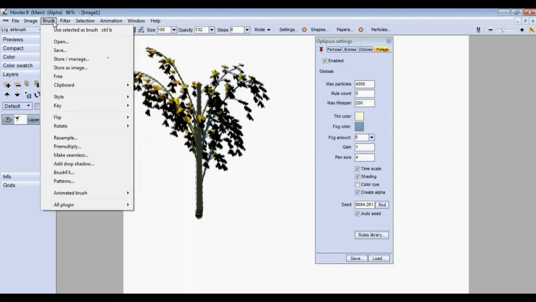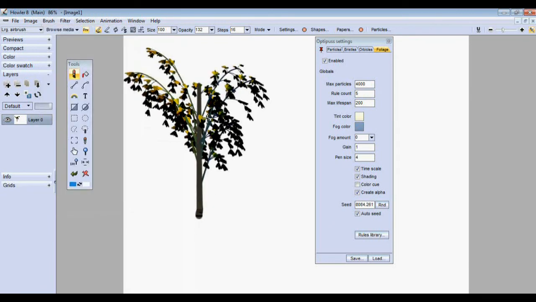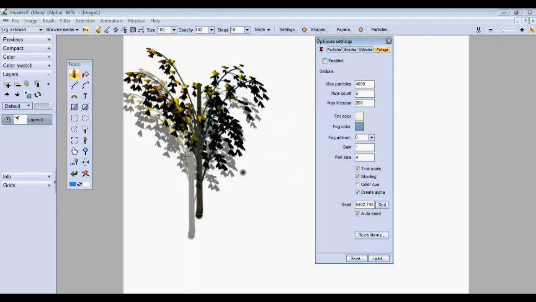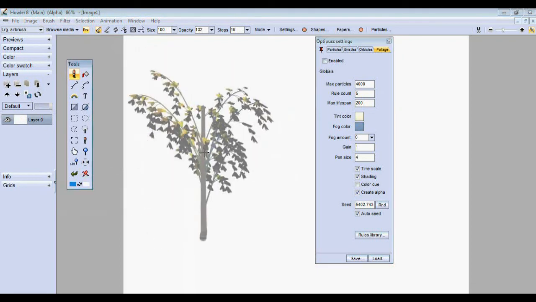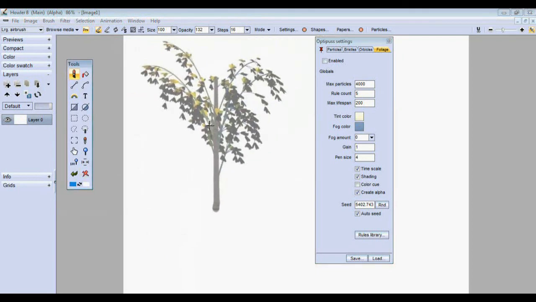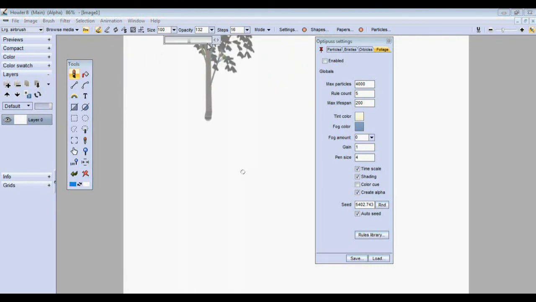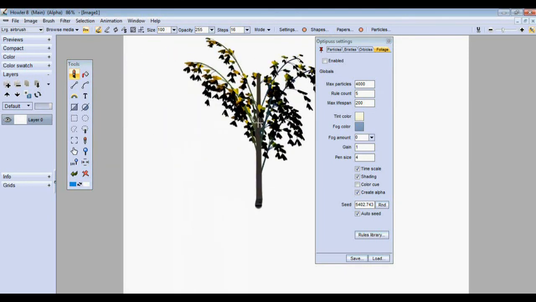But another thing we can do is use the selected as brush, or use this alpha channel that we have as a selection area and select that object as a brush. This becomes a new custom brush. Let me turn this off so we can actually see that. Alright, I am now in the custom brush tool, and this has become a drawing tool basically. I can pick it up and